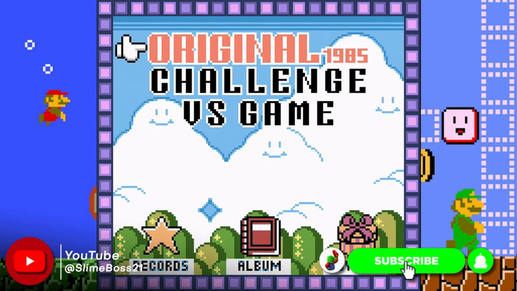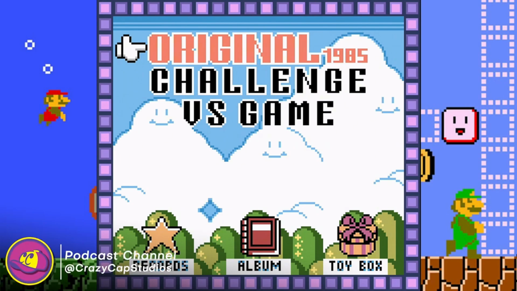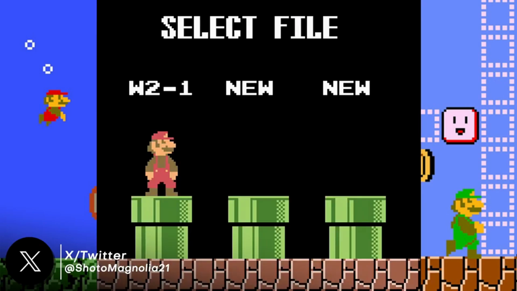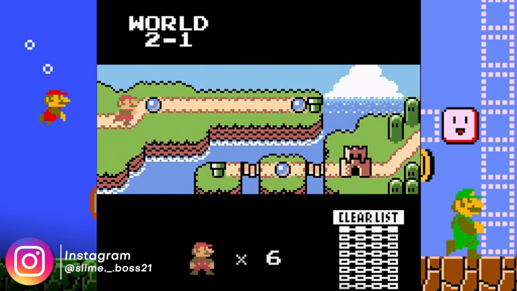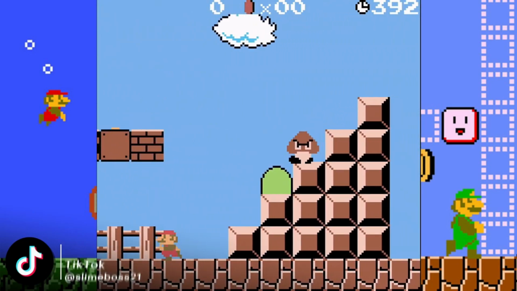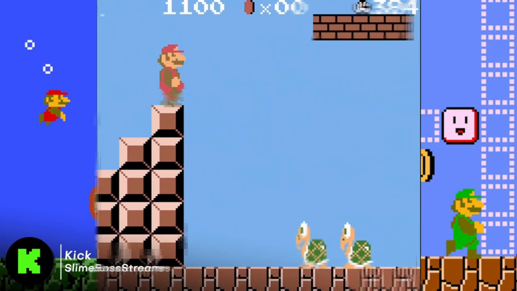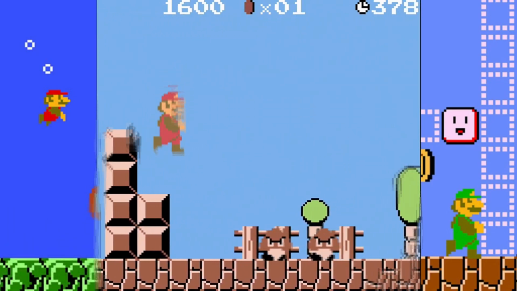Hey, what's going on, guys? This is Slime Boss here, and welcome back to Super Mario Bros. Deluxe. Last time we got started on this game and explained how basically this whole game works. We were going to start off with World 2, and it looks like you actually lose your power-up. Luckily, good thing I explained this now. Moving forward, we're not going to have to deal with that because